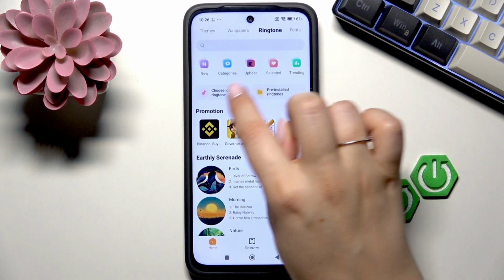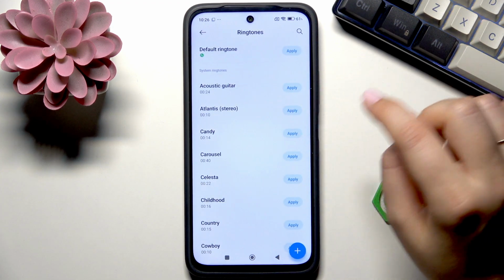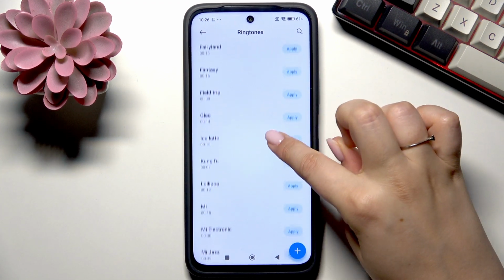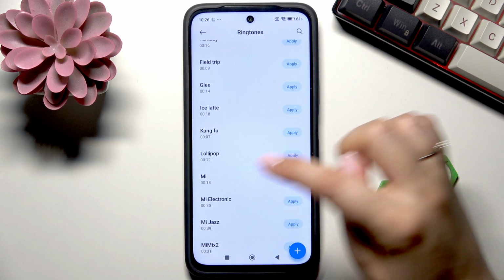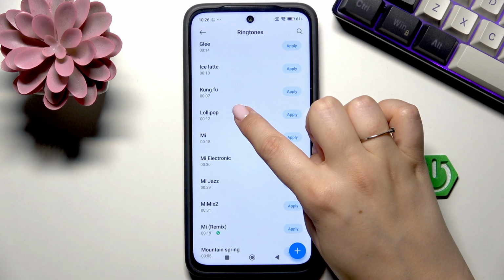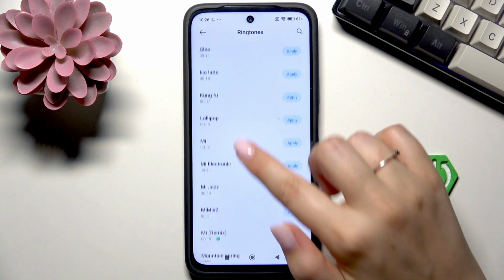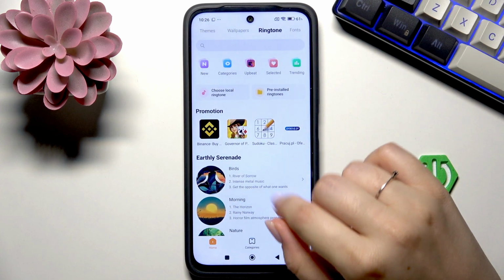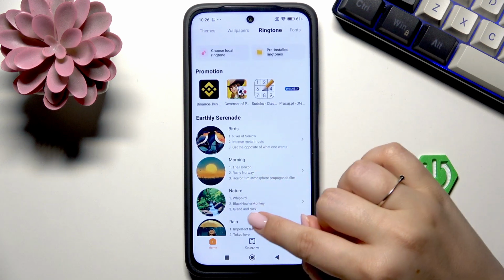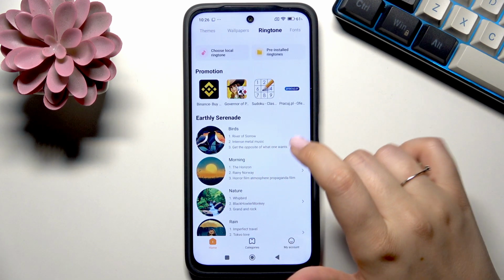Just tap on pre-installed ringtones here or choose local ringtone, and here you will have the pre-installed ringtones. If you wish to listen how the particular ringtone sounds, simply tap on it and then you will be able to check whether you like it or not. Let me go back, and if you decide that you want to download the ringtone from those online options,